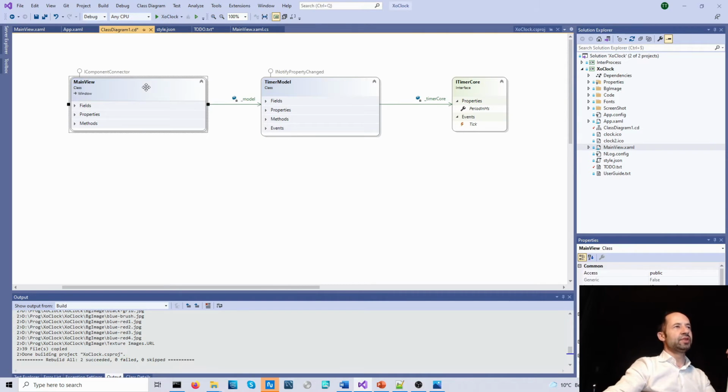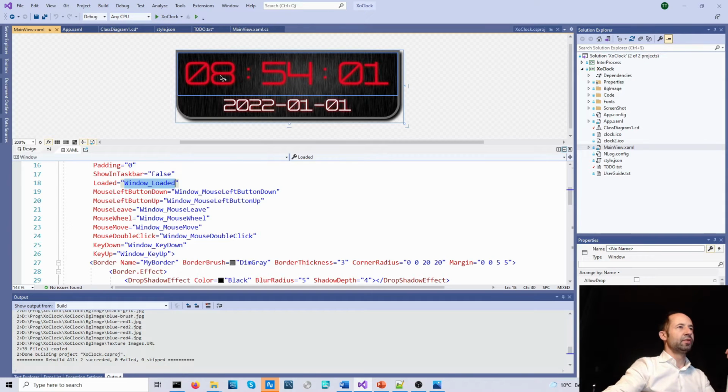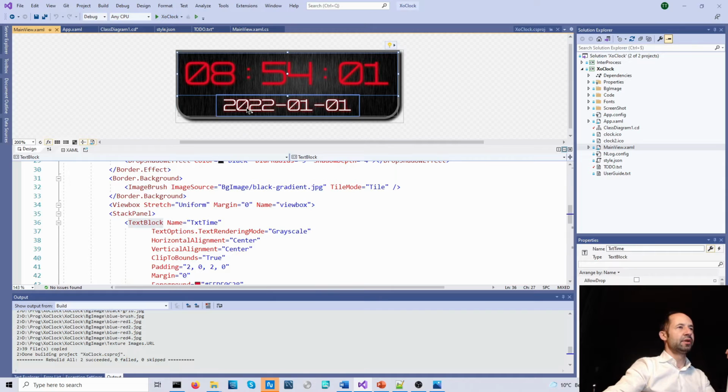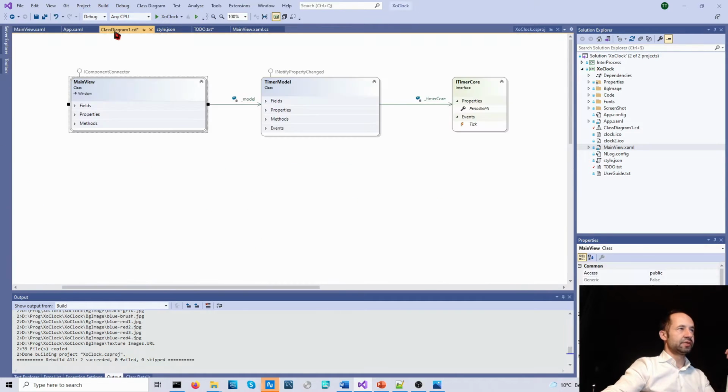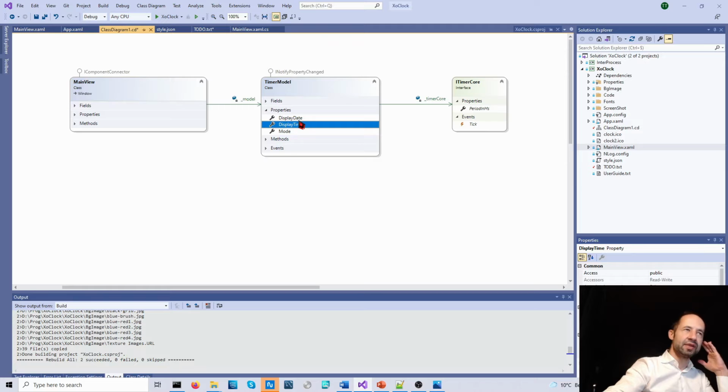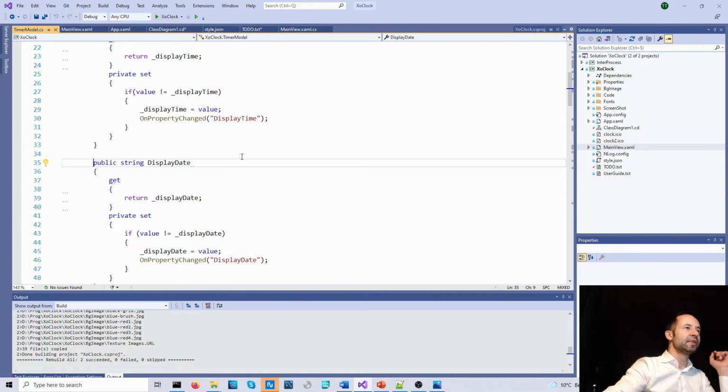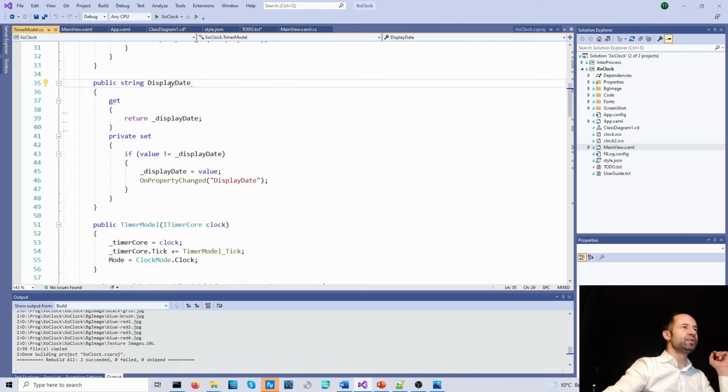Because the view is showing some data, the time and the date, it should obtain this data from a model. And the model exposes a display date and a display time. If I double click on display date, there is this property which has been created.